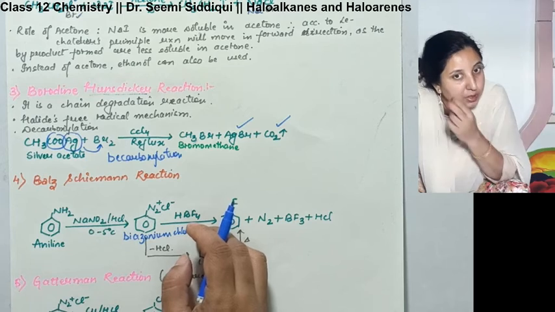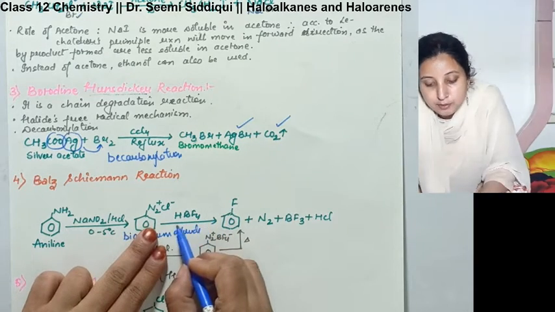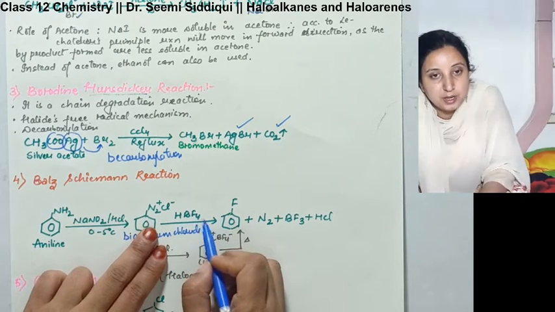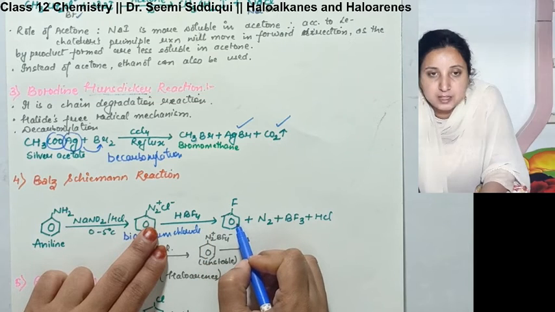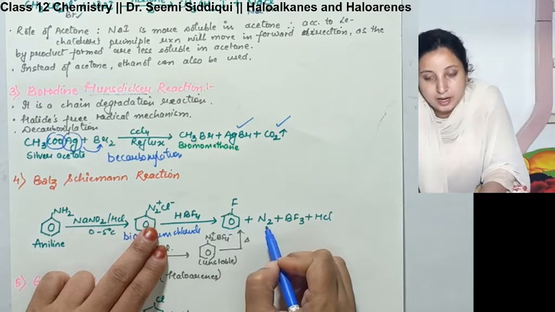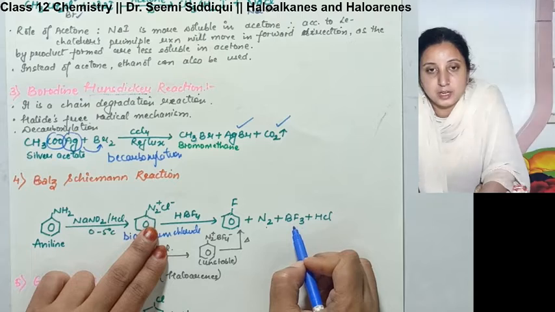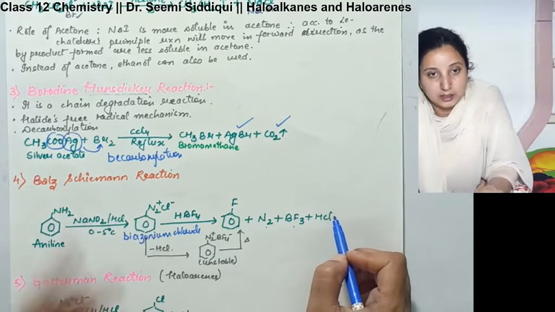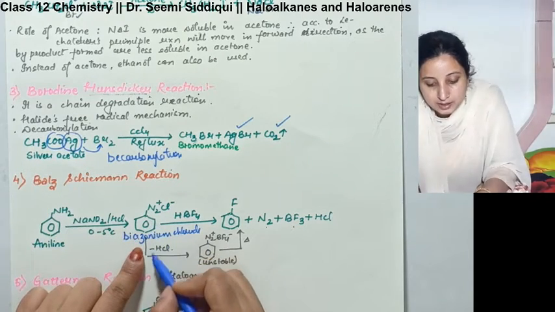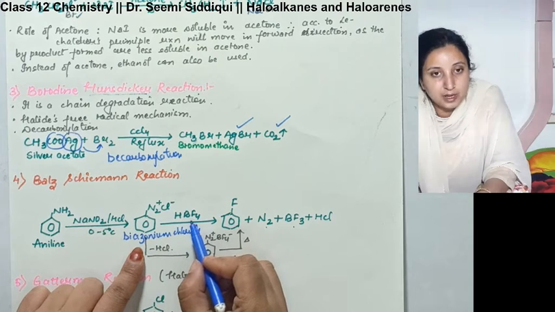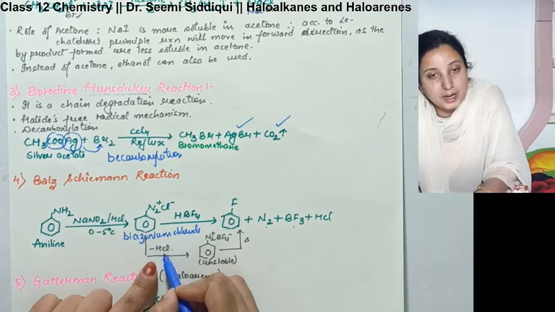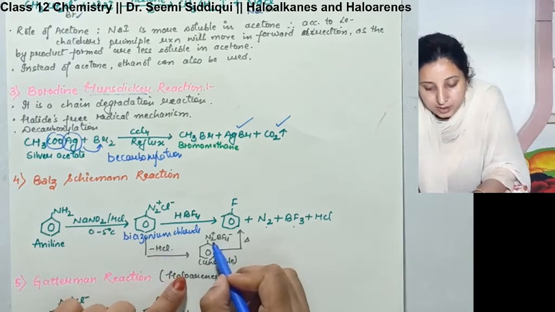अब इस रिएक्शन को लिखने के दो मेथड्स होते हैं. If you are going to react it with the HBF4, it makes you a fluoroarene. Nitrogen comes out, BF3 comes out, and HCl. The another way is that it is made to react with the HBF4 only, but यहीं पे HCl निकल जाता है. We write down